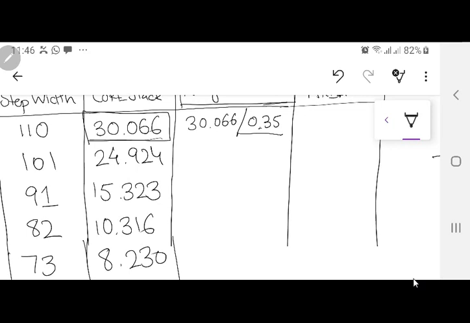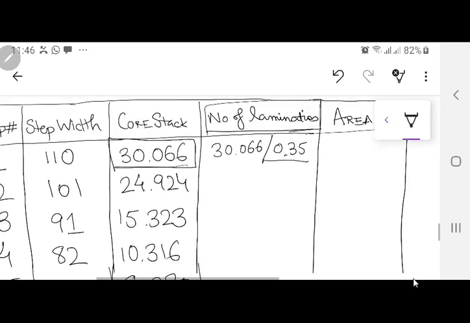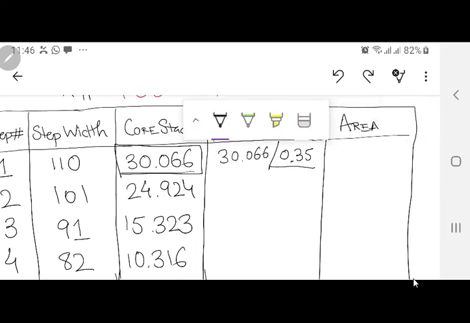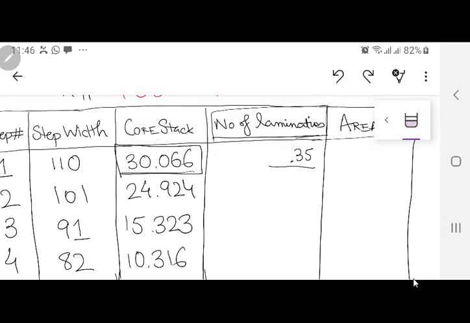Okay? So complete this table now, assuming the dividing factor is 0.35, and round it off to the highest even number. You don't need to do it for the first step because it is already combined, so there is no halving, since you are not going to bifurcate it. So just divide it by 0.35 and give me the rounded off figure for the number of laminations.